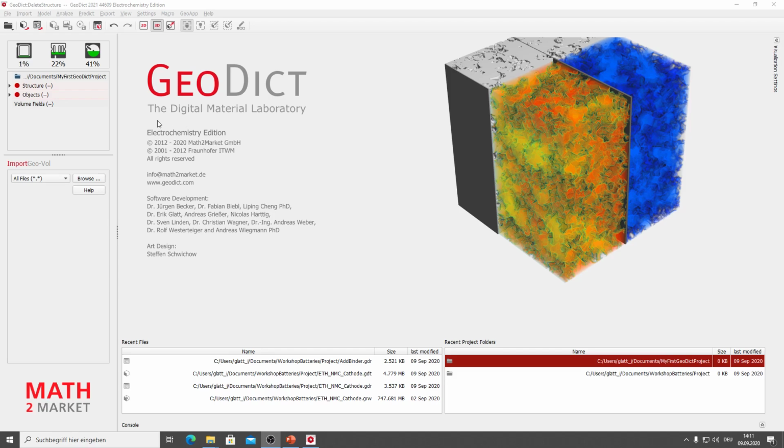What we're going to do now first is setting a project folder. Here you can see the current project folder is set to my first GeoDict project. This is the default. It's usually located under Documents. And if you right click on that, you get the opportunity to select a project folder.